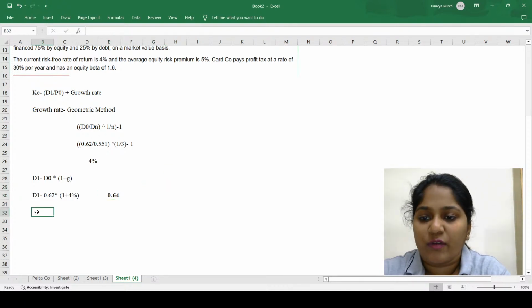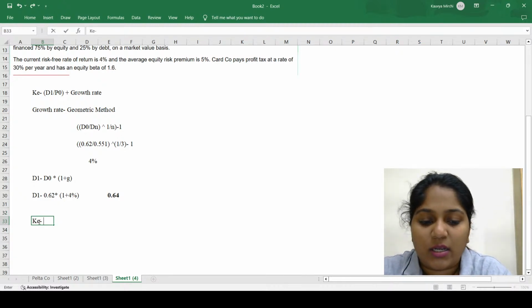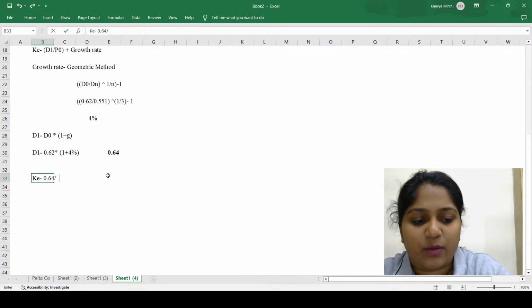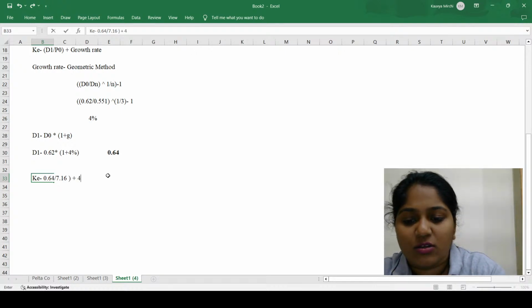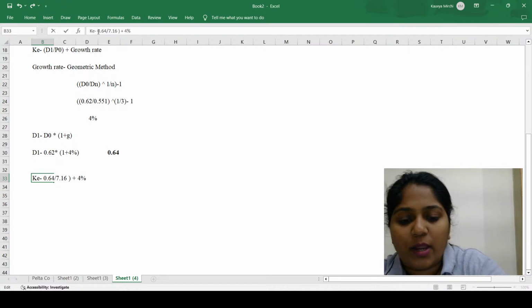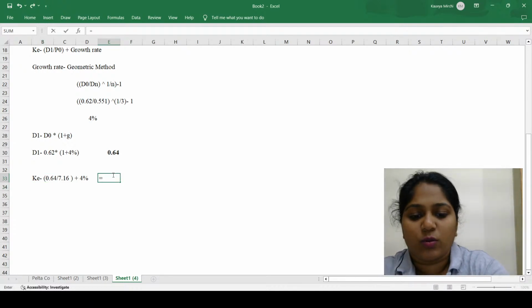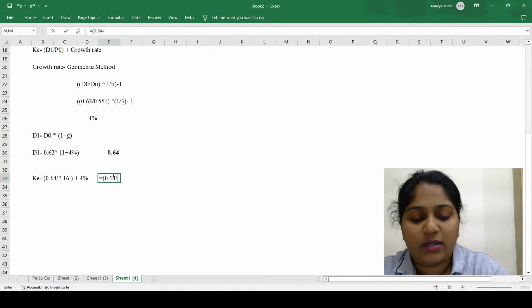D1 is 0.64. If I have to find out my cost of equity, it will be nothing but 0.64 divided by, what is my ex dividend price? If you can say, ex dividend price is 7.16 plus the growth rate of 4%. This would be the formula. If I go ahead and do that, how much would be my cost of equity in terms of the right answer? It will be 0.64 divided by